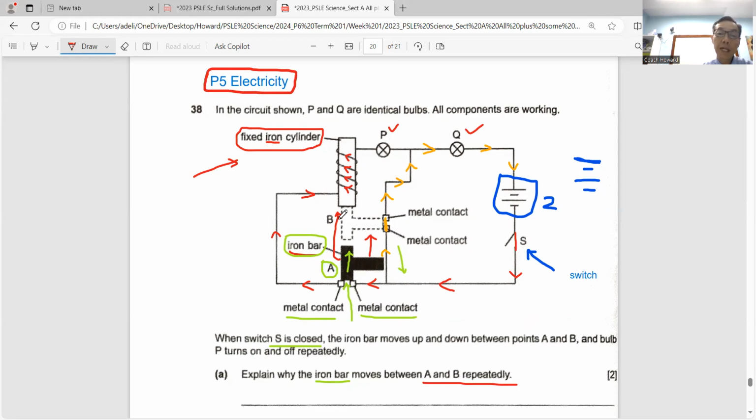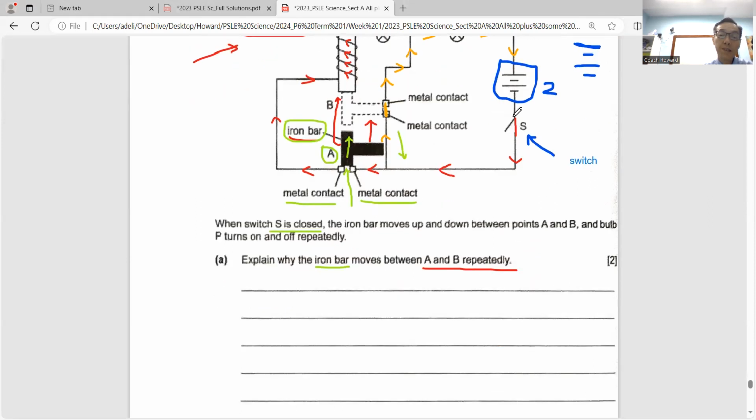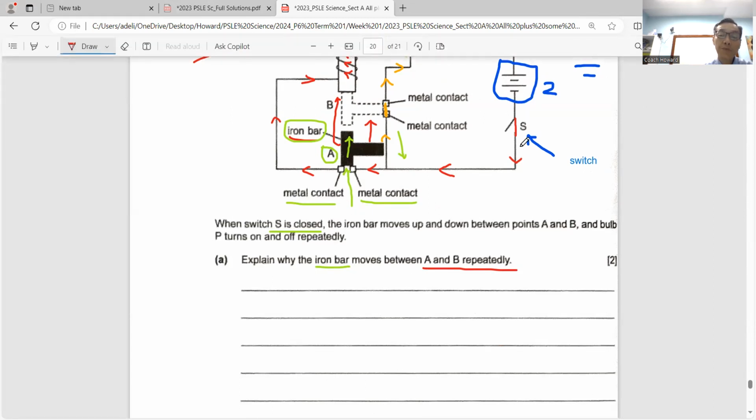Okay, between the points A and B, this part. And the bulb P turns on and off repeatedly. So you need to explain why the iron bar, the T-shaped iron bar here, moves between A and B. So by stating this question here, you see when switch S is closed, electricity from the two batteries will flow through the closed circuit